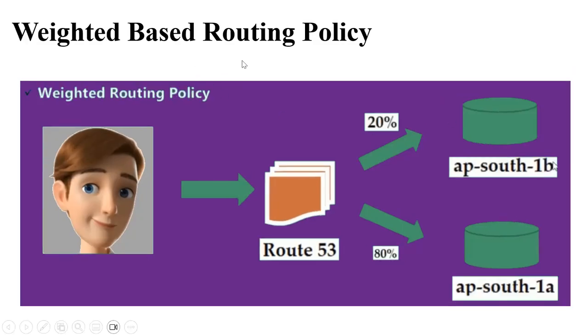And weight-based routing also, this is one more important one. Suppose from a cost point of view, in the Mumbai region I have set up servers, as well as in Singapore. But Singapore is high cost and I have taken less capacity of the systems. But in the Mumbai region, the cost is less and I have taken somewhat higher capacity of the systems. These are heterogeneous, not homogeneous, infrastructures you have. Or not only that,